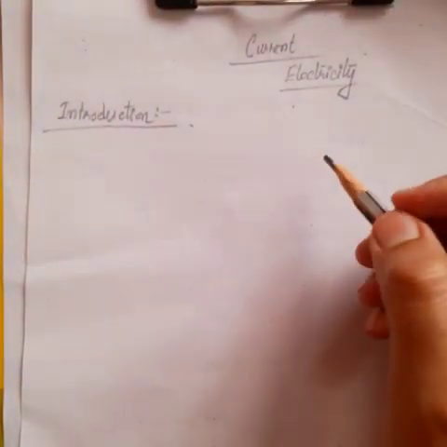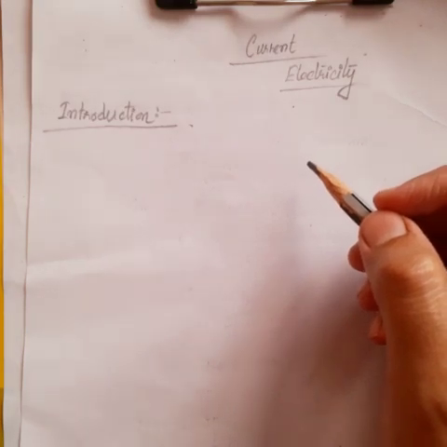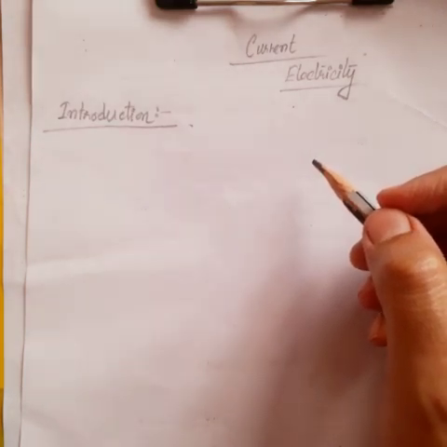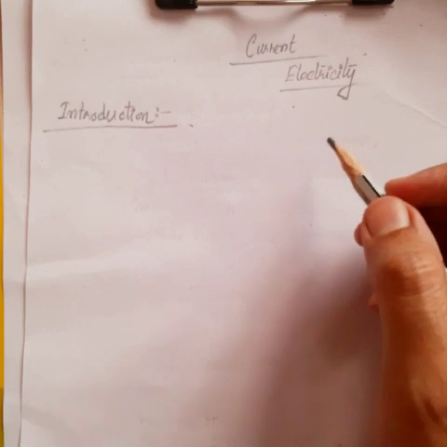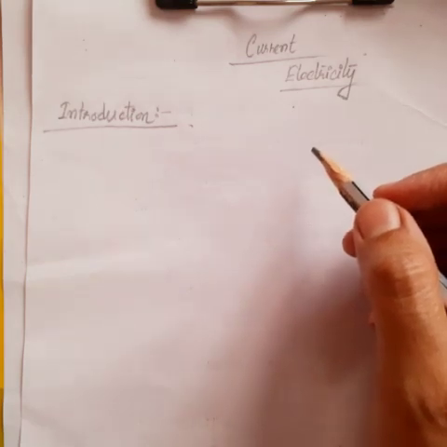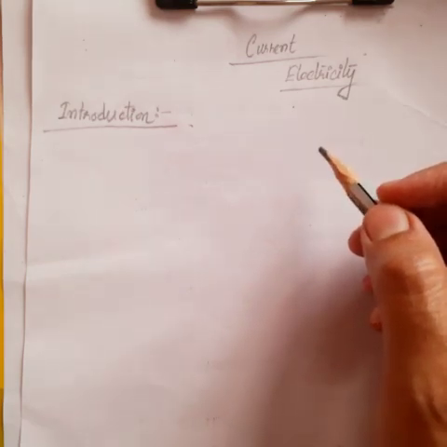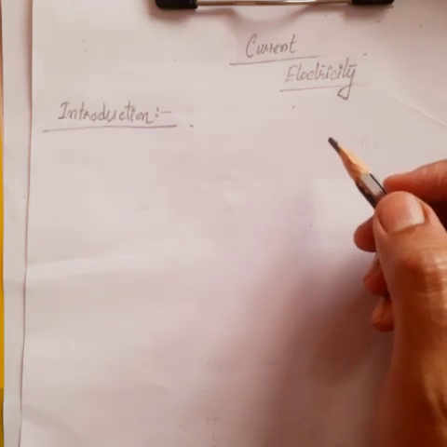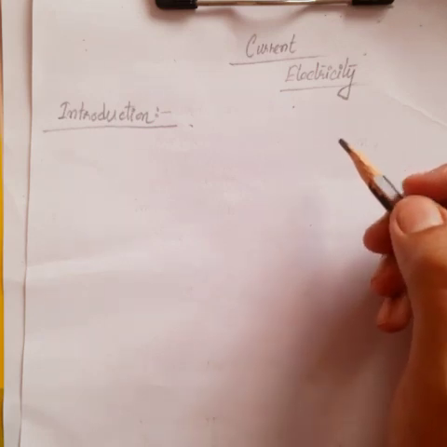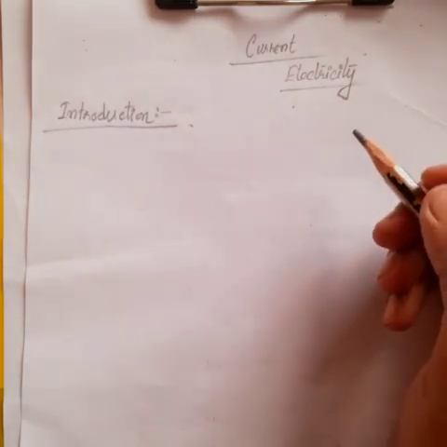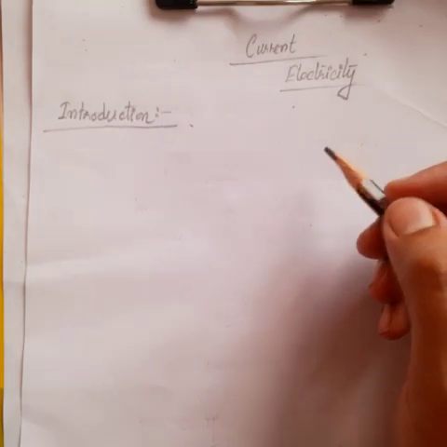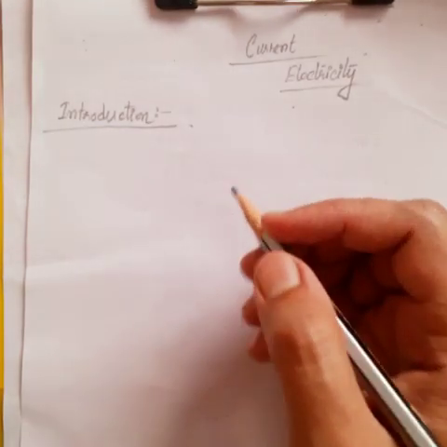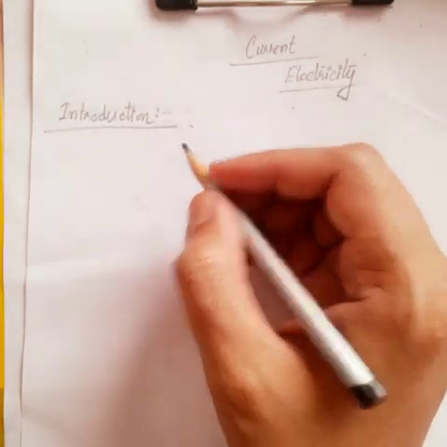Hello students, so this is our introductory session regarding current electricity. In this video we are going to mainly do the introductory part of this chapter, current electricity, and see what is the basic difference between static electricity and current electricity. In this part also we are going to recapitulate our previous lessons, so that we can get a holistic knowledge of it. So let us first discuss what we have learned in class 8.